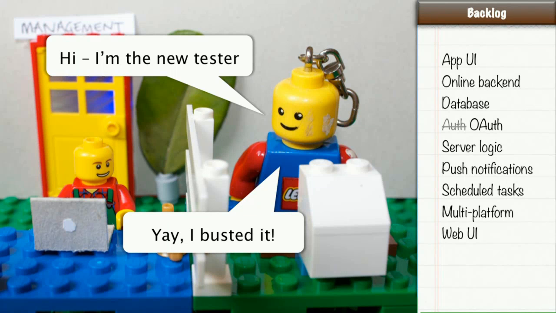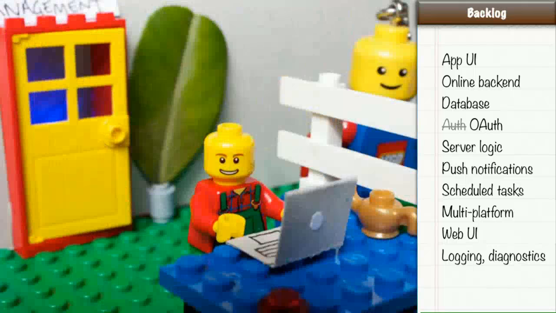So now you're going to have to implement some way of dealing with bug reports. You're going to need to be able to log errors and set up a diagnostic system. And this is getting super complicated, so much work. And you're thinking, well, if I've implemented all that stuff, surely there's nothing else I need to implement.